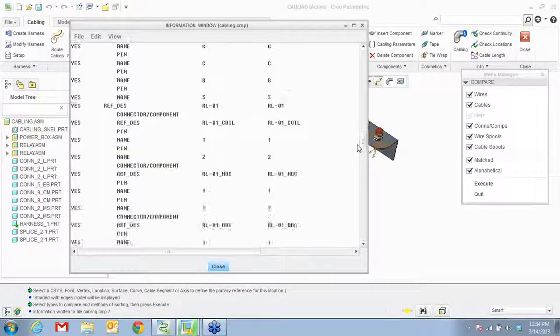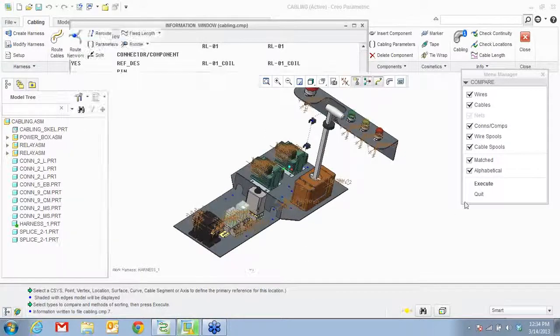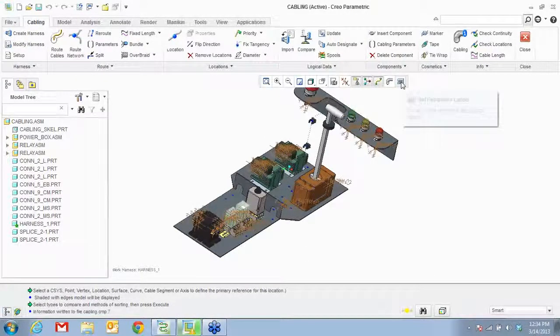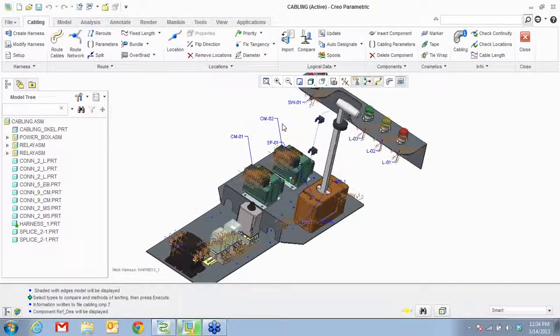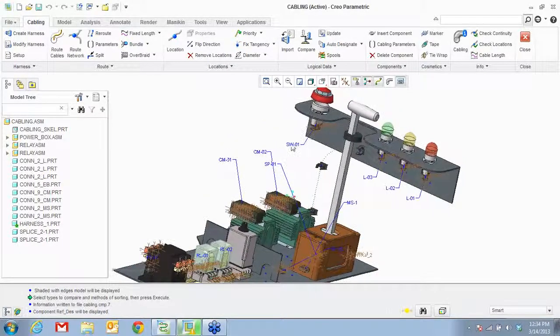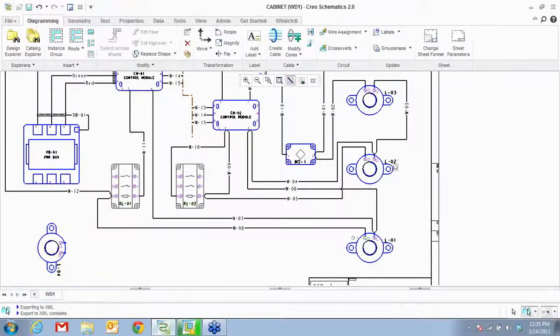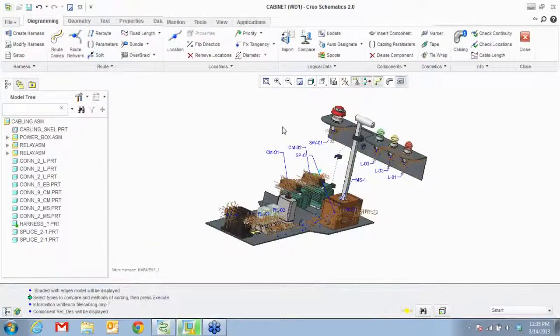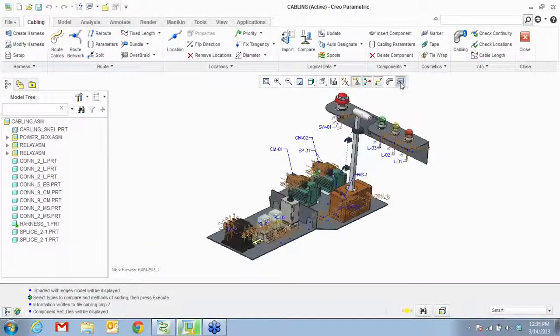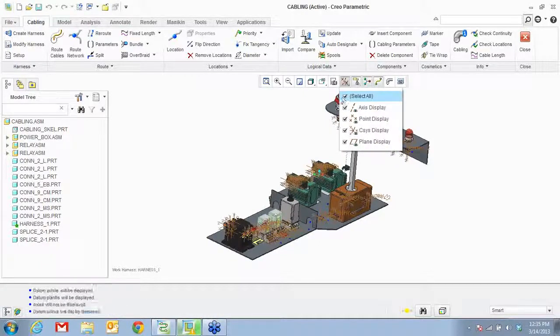Alright, it tells you that I have represented each connector automatically. You can see the reference designators. You see that is SW01, that is CMO2, CMO1, LO3, LO2. What are these? These are these names, LO3, LO2, LO1. See how it's matching based on the model name. Alright, so I'll go ahead and turn this off, and we can route wires now.